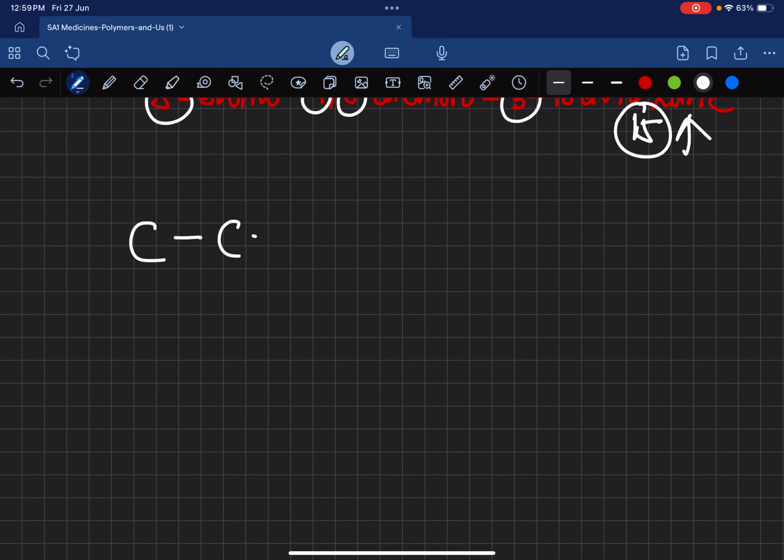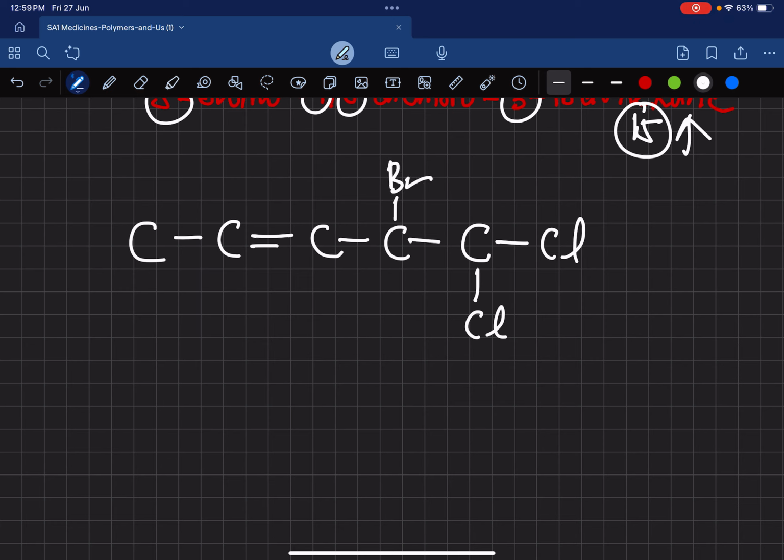double bond somewhere, let's say we put a double bond there, right? So let's complicate things a little bit. Let's put a chlorine there, put a chlorine here, let's put a bromine over here, let's put another bromine over here. Okay, so let's say we just leave this. Or let's say put another chlorine here. Okay, under these circumstances, whatever you do, whatever you want, the double bond always gets a